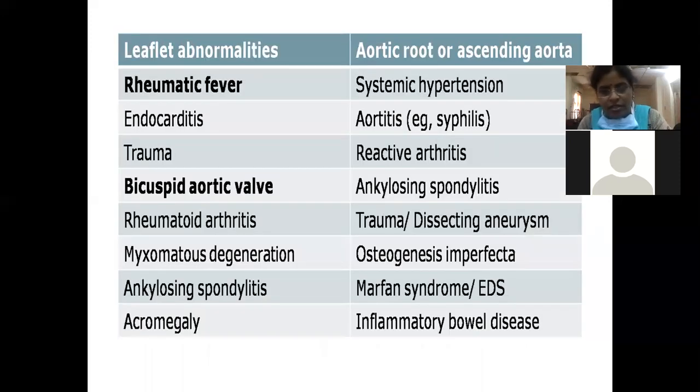So coming to the etiologies, what is the main pathophysiology behind the AR? One is leaflet abnormalities, either damage or dysfunction. The second one is aortic root or ascending aorta dilatation. What are some examples of leaflet abnormalities? One is rheumatic fever, which is most common in developing countries rather than developed countries. And endocarditis, trauma, bicuspid aortic valve, rheumatoid arthritis or myxomatous degeneration. All these are examples. Coming to root dilatation,